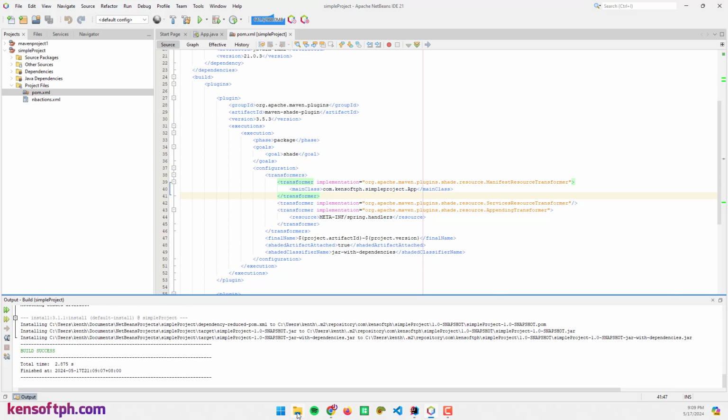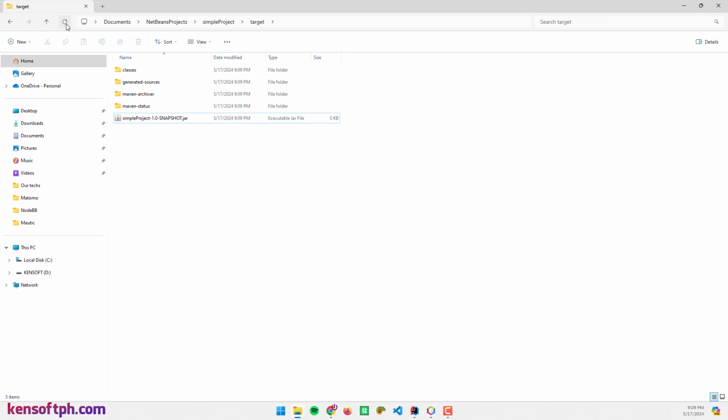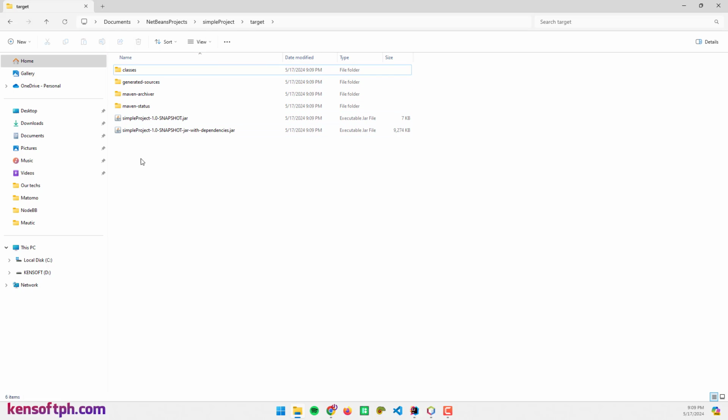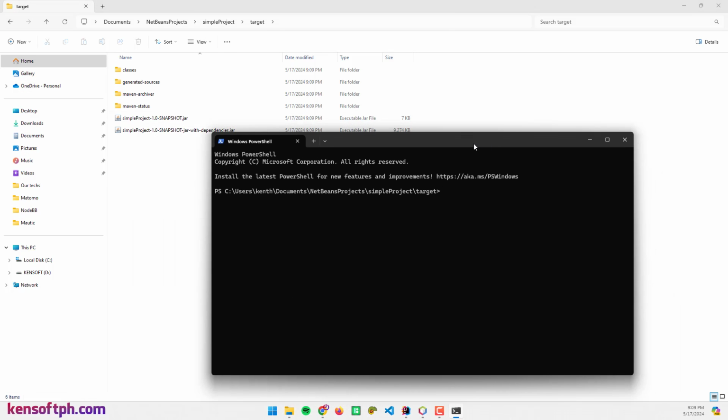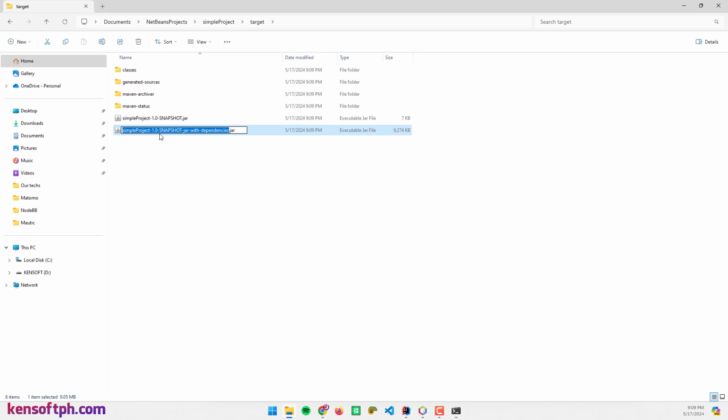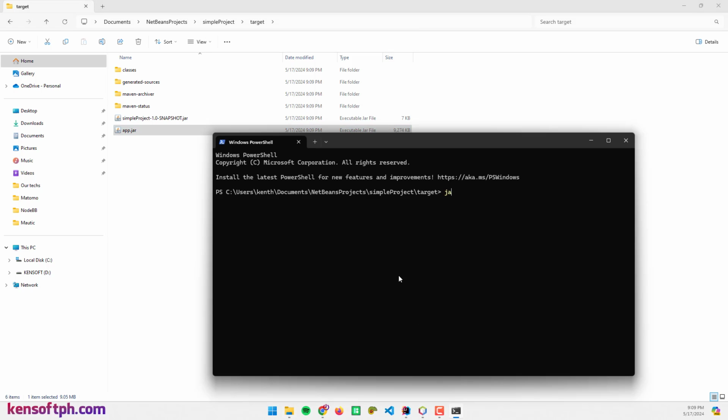All right, and let me open the folder. And all right, as you can see we have two jar files here. This one doesn't have dependencies inside, and this one is with dependencies. So if I'm going to run this with my PowerShell, let me rename this to app. And if I'm going to run this, java -jar app.jar,